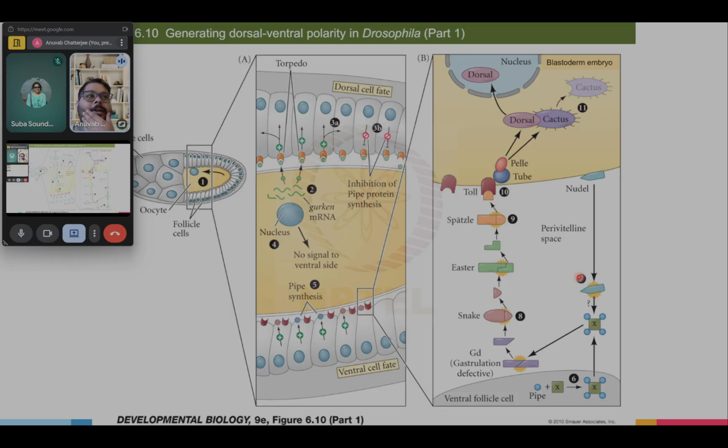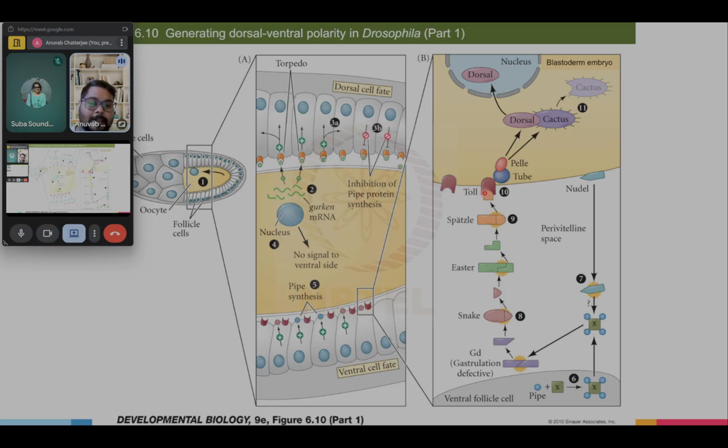So essentially, this is a signal transduction cascade, but instead of someone phosphorylating the next person, they are just cleaving the next person down the lane. So coming back to it, the dorsal cells receive a Gurken signal. They do not synthesize Pipe. The ventral cells receive no such signal, so they produce Pipe and secrete it. Pipe gets activated by Nudel and then starts cleaving the next partner, which is GD. GD cleaves Snake, Snake cleaves Easter, Easter cleaves Spätzle, which finally forms the